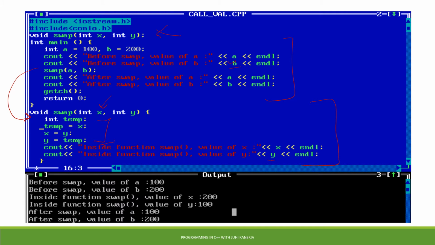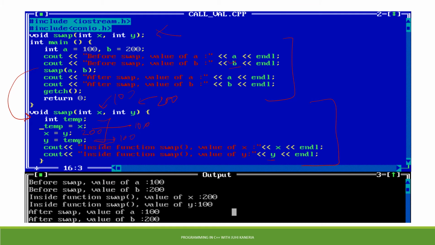So x is becoming 100 and y is 200 over here. Now temp is equal to x, that is temp is equal to 100, then x is equal to y, that is x is equal to 200, and then y is equal to temp, that is temp value is 100, so y is equal to 100.